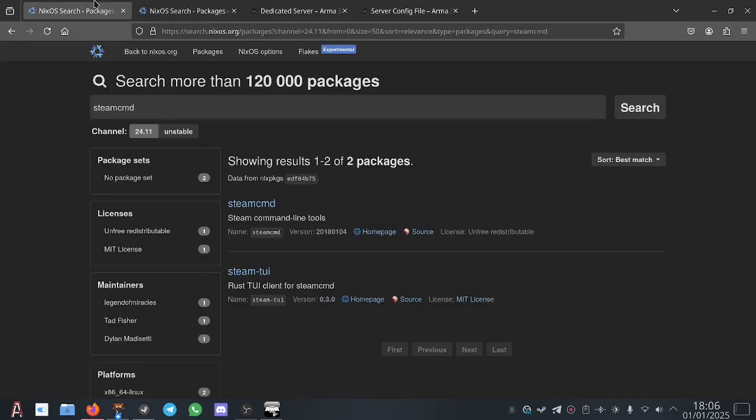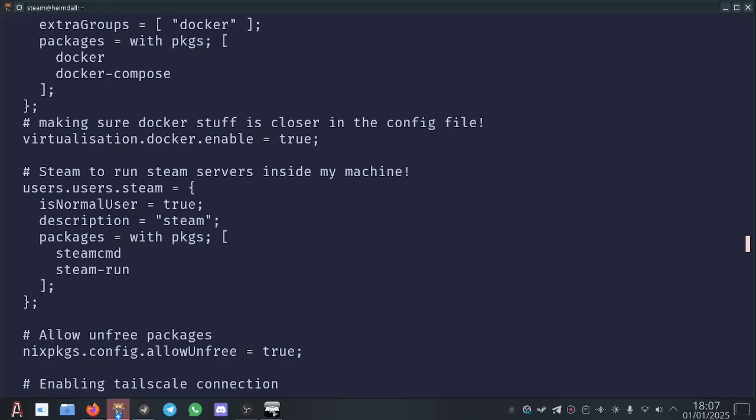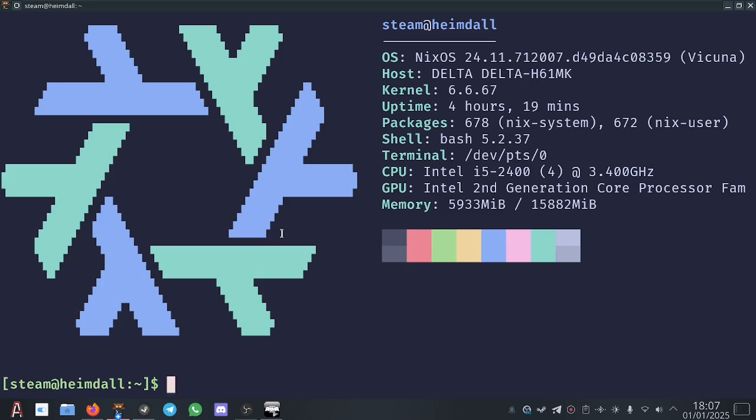And the next thing you do is just sudo nixos-rebuild switch. I'm not going to do it because the Steam user is not on the sudo list, so I'm not going to be able to, but you should do it. I'm supposing you already know what I'm talking about. Anyways, after you install those 2, you need to go to steamcmd